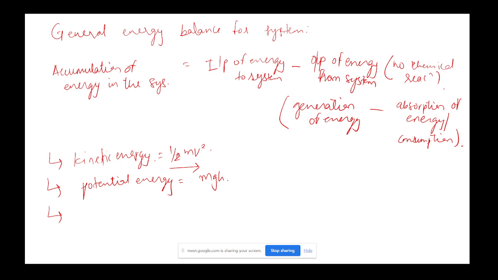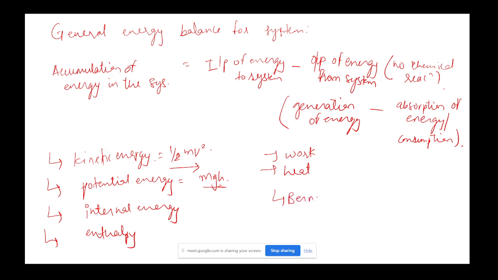So it is the amount of energy that will be stored in the object. We talked about internal energy, enthalpy, work, heat, etc. We also talked about Bernoulli's equation,